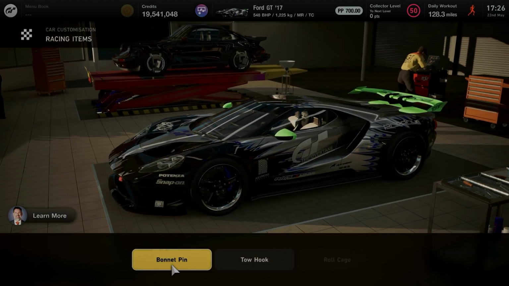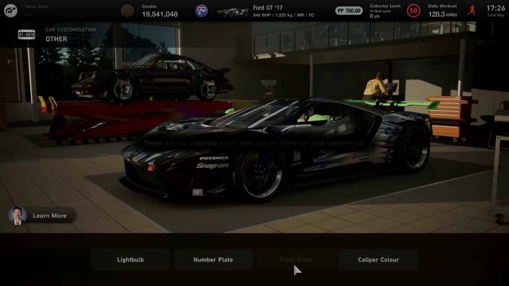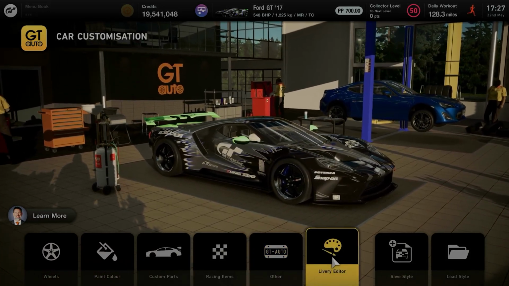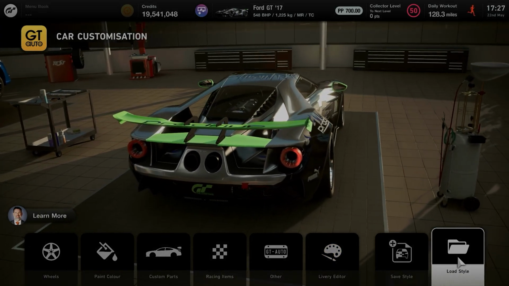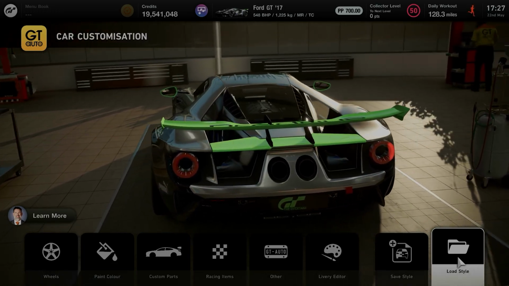Racing items, bonnet pin, tow hook, go mad, and under other light bulb, number plate and caliper colour. Now, like me, if you want a livery like this, go for it. Make one, have lots of fun. If not, click load style, pick one someone else has done, and again, enjoy it. Absolutely brilliant. Now, the moment you've been waiting for, let's get to the setting sheet, and let's make this car